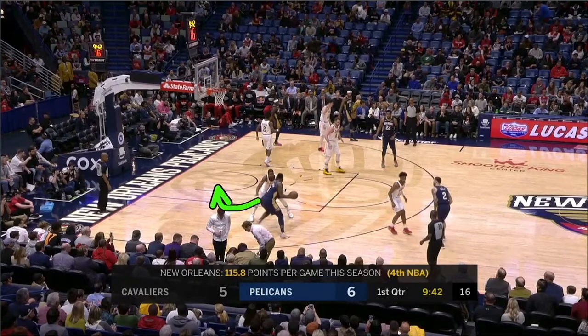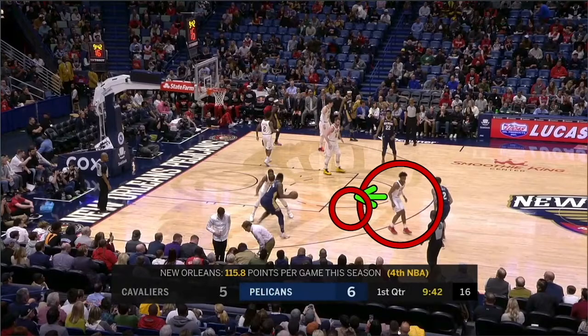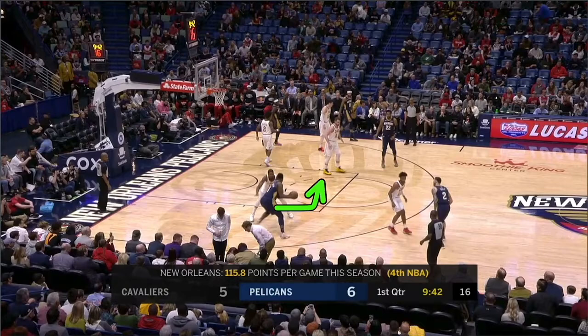if you allow Zion Williamson to go this way, there's no help, there's no post dig. But if this guard here drops like he's supposed to, get him halfway, get him to right about here. So now he's halfway between the ball and his man. And if you force Zion Williamson to come this way, now you can stunt, dig in the post, get that dribble picked up, and recover back out.